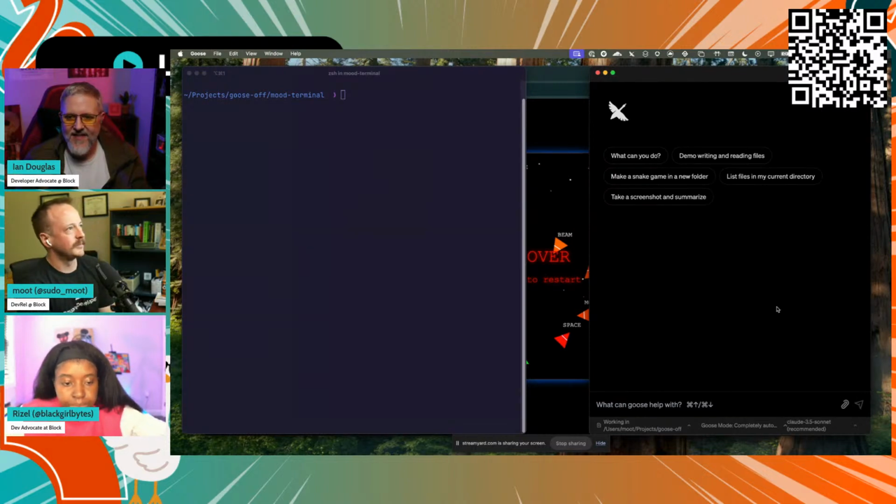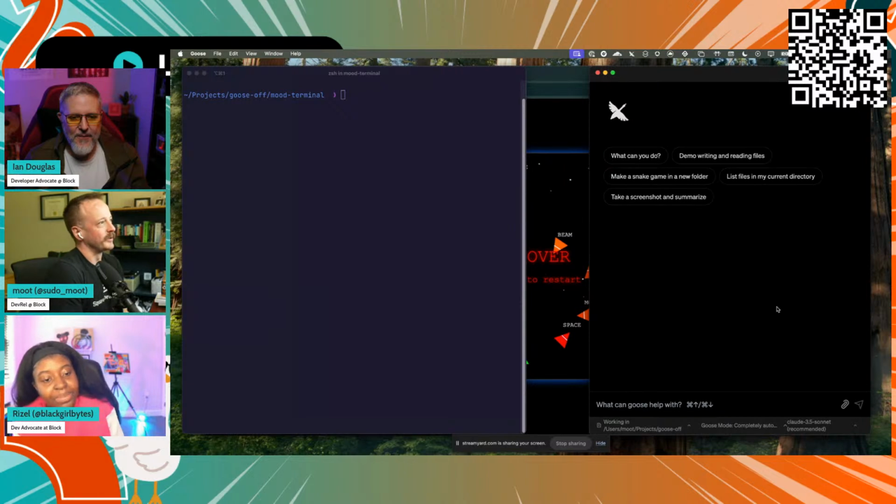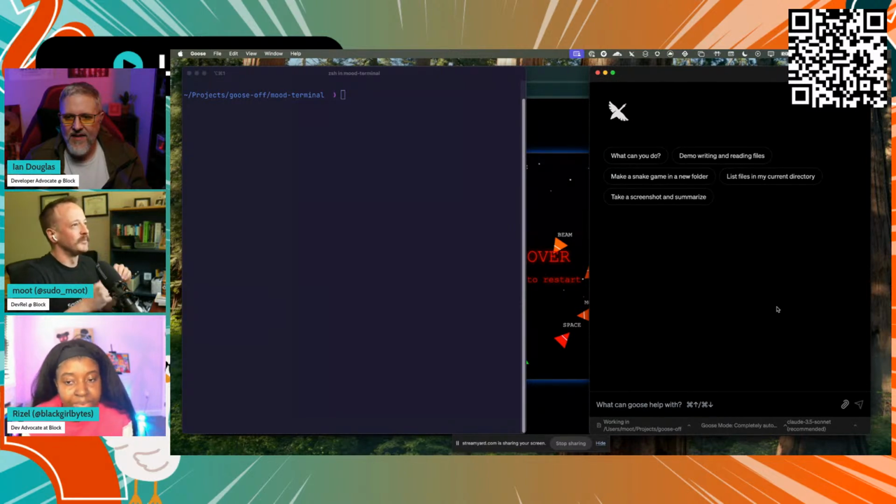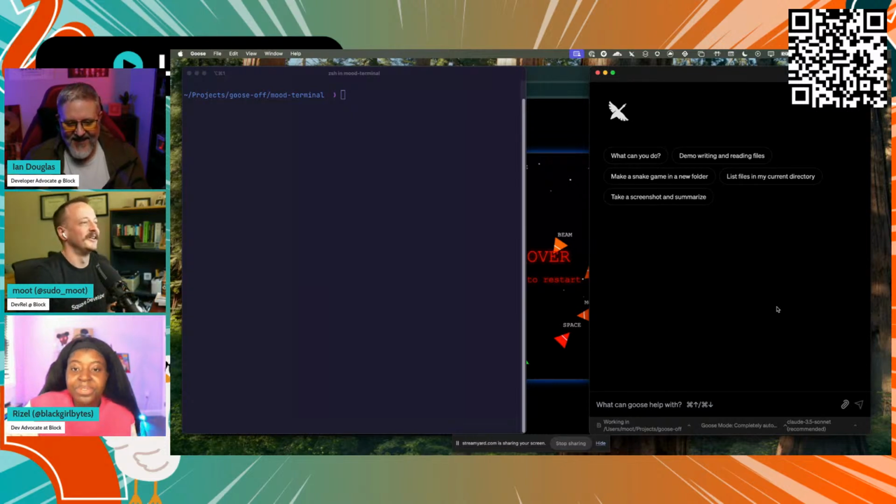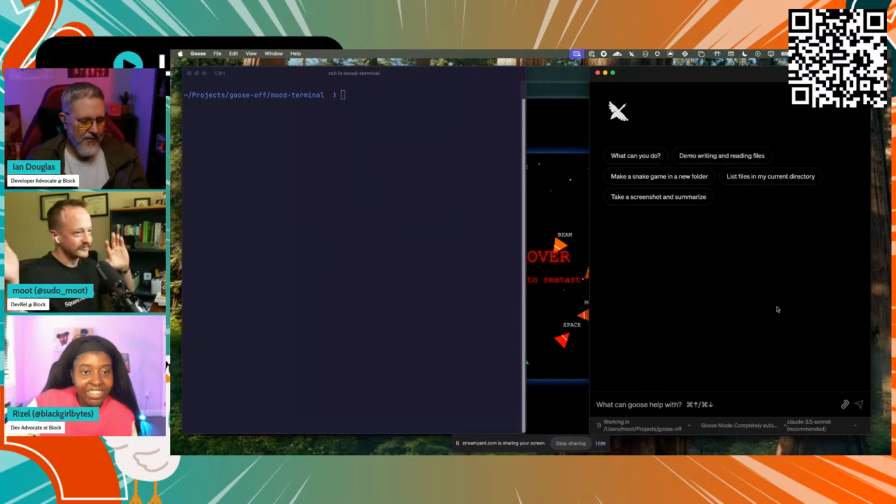In terms of MCP servers, I'm using the main developer, computer control. I got a warning. I don't know if this is a new feature that just recently came out, but it was a surprise to me. It gave me a warning that I'm using too many tools, 25 tools. So I was like, I'm just going to go in here and disable a couple of MCP servers. I probably have too many enabled. I got kind of obsessed with them after we had a huge push on MCP servers inside the company, so I was trying out everything, and I've had to go through and clean it up a lot.